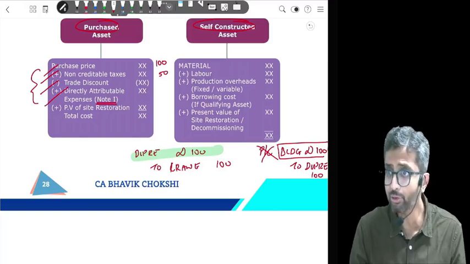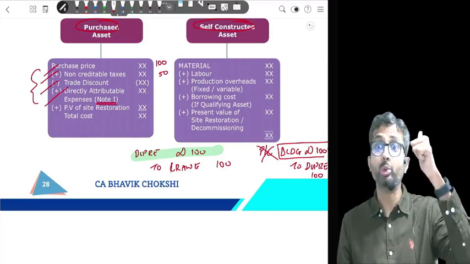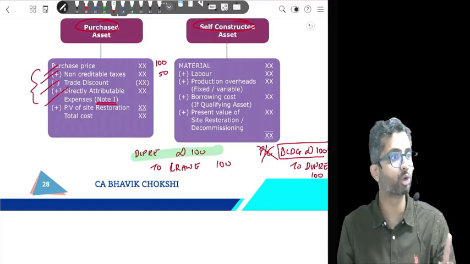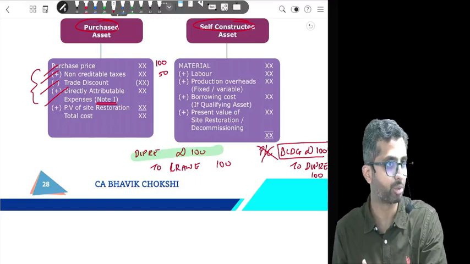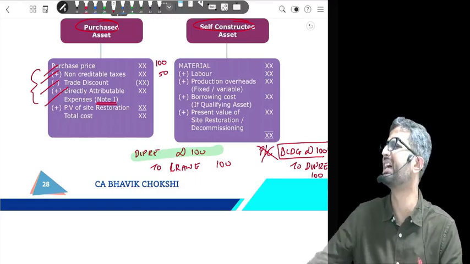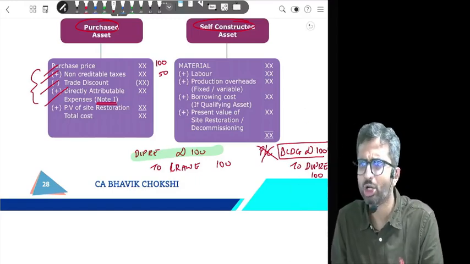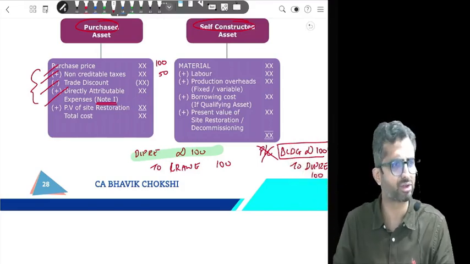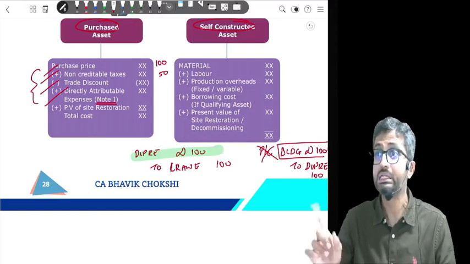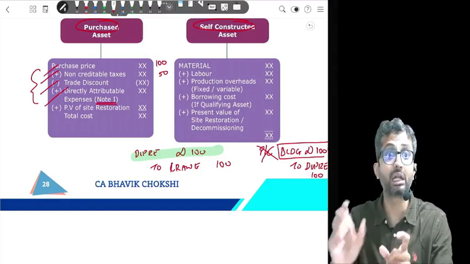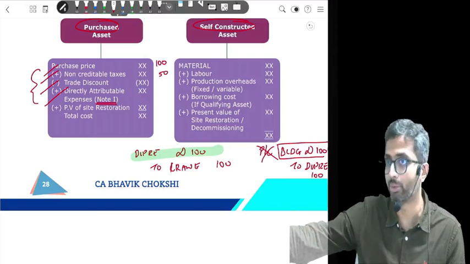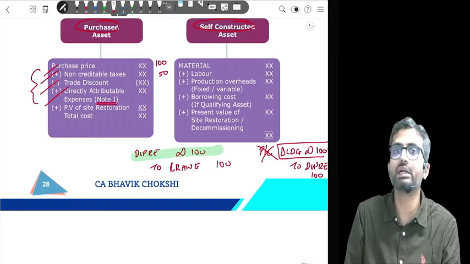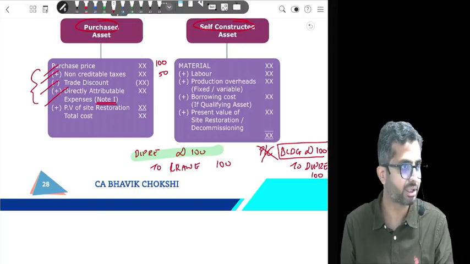Everyone? Yes, okay. So when we say factory overheads, we include fixed and variable and also include cash and non-cash. Everything will be included for factory overheads which are directly attributable. However, if the question tells you there are general overheads, you understand general overheads? Generic in nature, there is a head office and on that head office there is some depreciation. Will that be directly attributable? General overheads, the word general itself means it is not directly attributable. If it was directly attributable, it is not general. The fact that it is general, it is not directly attributable. Are we clear with this?